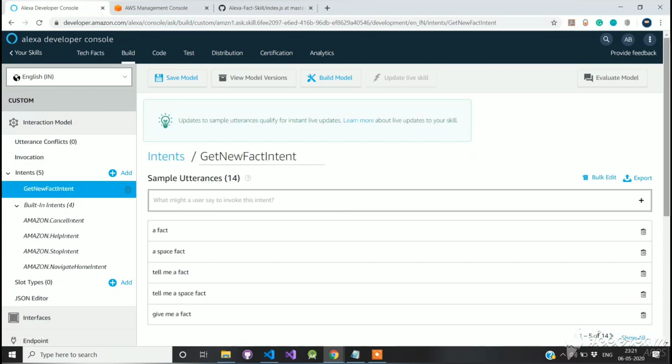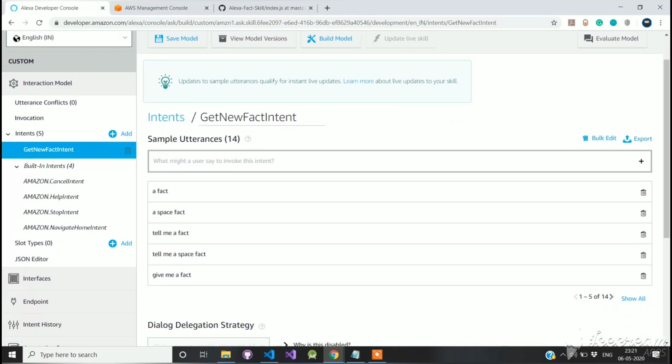Utterances are used to determine the user's intentions. In this section, we need to add sample utterances that our user must say to use our skill. Since we are using a template, we have sample utterances pertaining to a space fact skill. We simply remove the space facts utterances and add tech facts utterances here as we are building a tech fact skill.